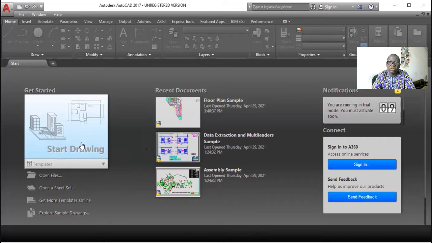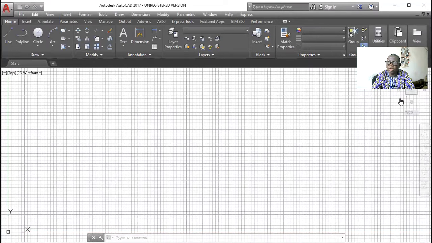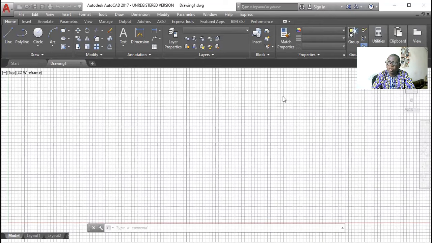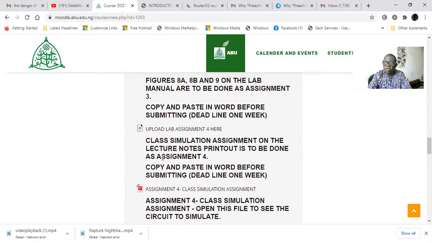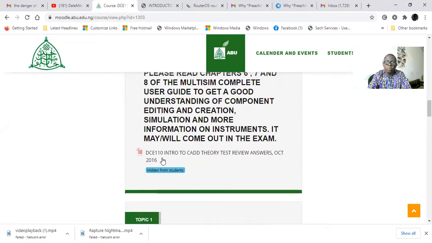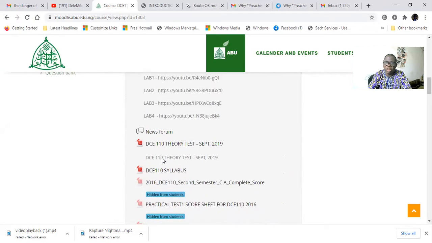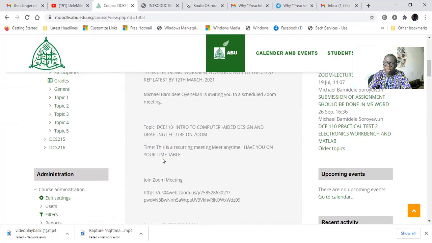Okay, as AutoCAD is loading now, let me quickly do something. Let me do another share from my browser. Okay, I've logged into the module, and this is DC 110, Introduction to Computer Design and Drafting